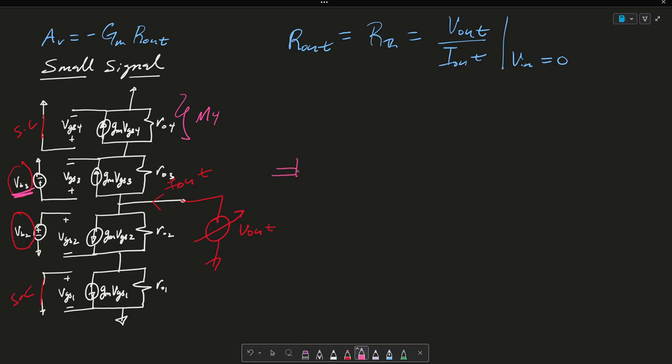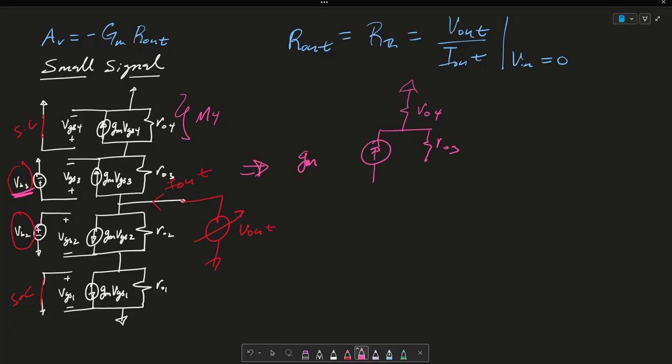So what this actually equates to is the PMOS becomes, this is RO4, a common source with source degeneration, where RO4 is my degenerated resistance. So this is RO3. This is